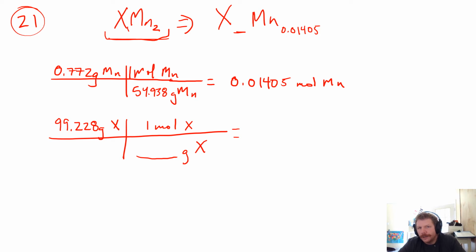So all that I need to do is I need to divide this number by 2, because this number right here is, well, 2 times the number of moles of X, because I know my formula tells me that I have 2 times as many moles of manganese as I have moles of X. So I'm going to take that 0.01405 and divide it by 2. And that's going to be